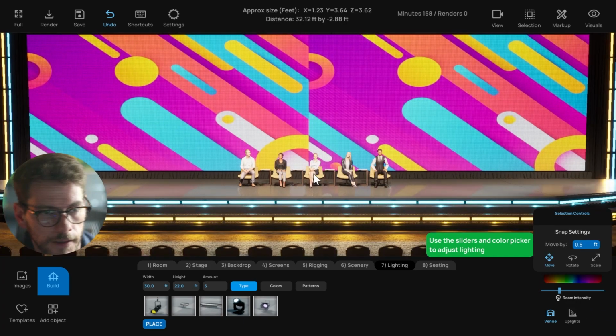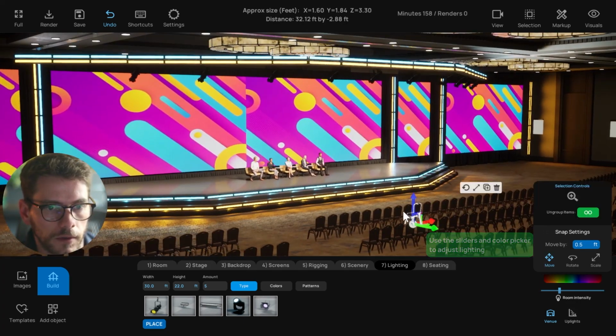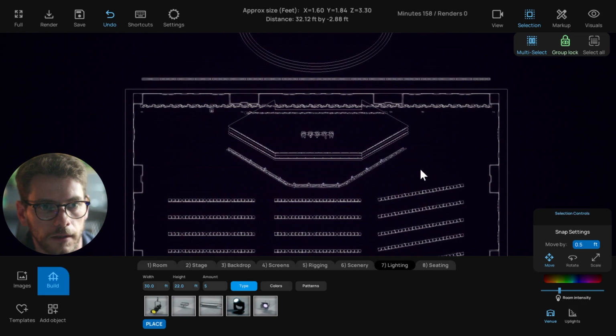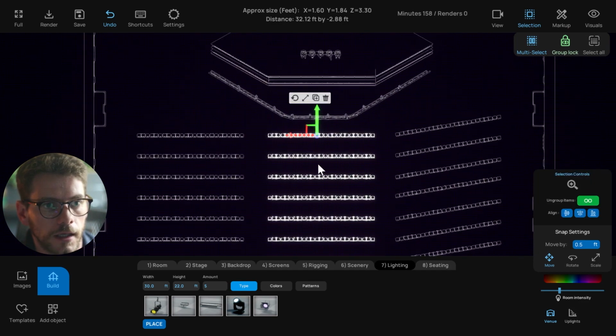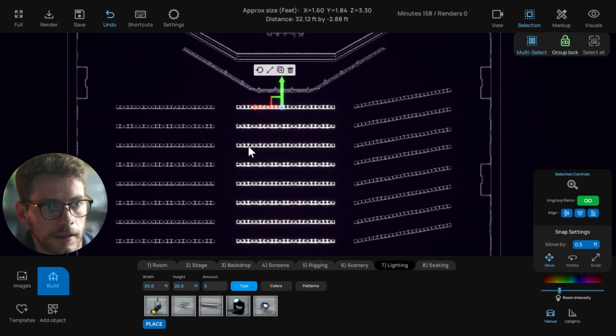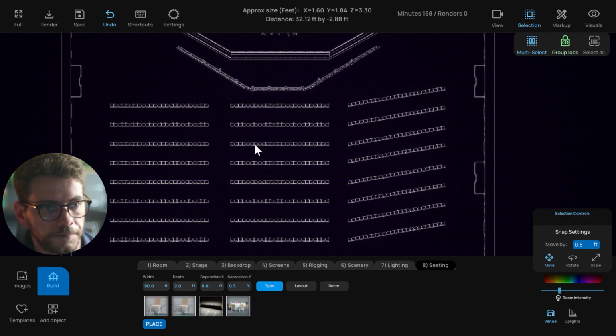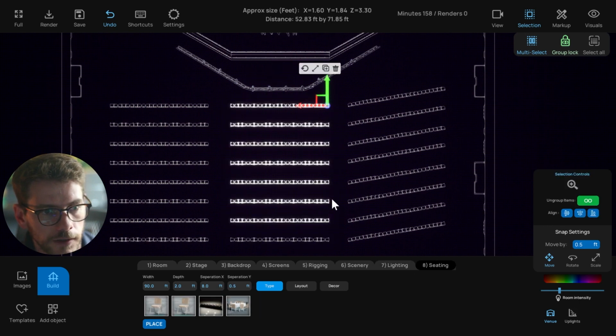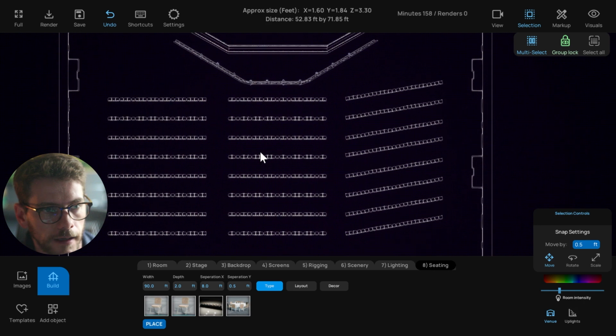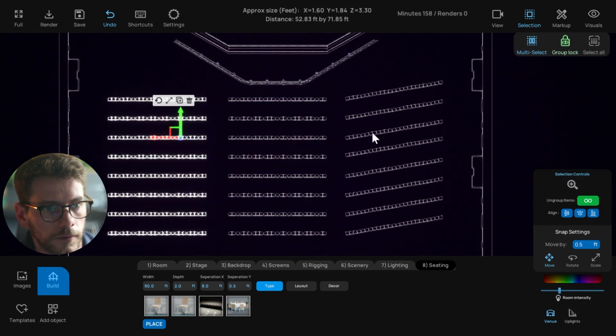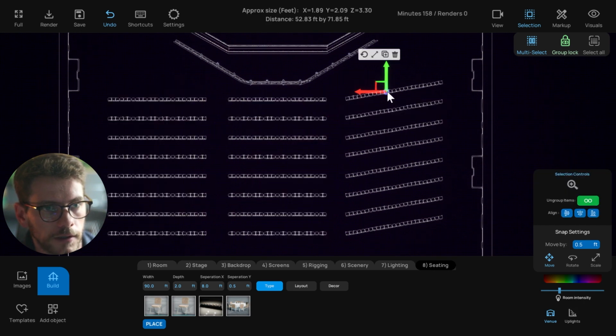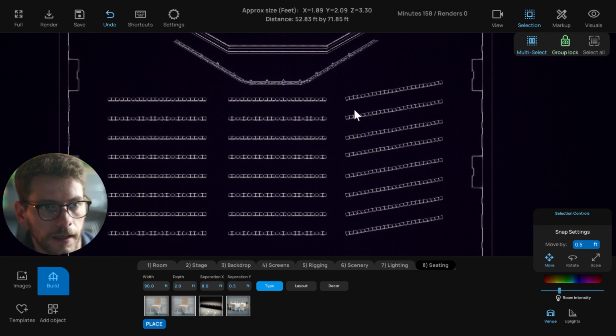Cool, so that's that, and I just wanted to look at one other example. One more thing too, before I get out of this project. For the seating, I typically separate the chairs, if I do a lot of chairs, into groups of sections. So in this situation, I have 3 groups. It looks like this one I did a chevron on and not the other side, but so the way I